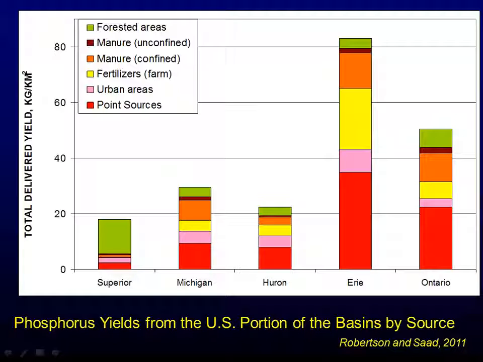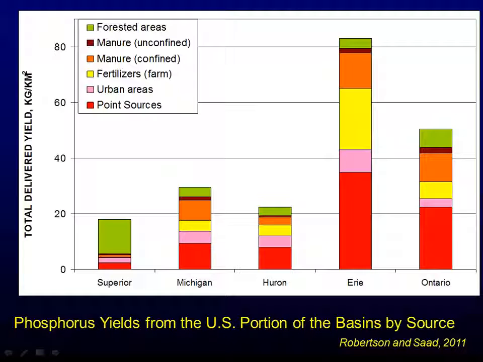We can come up with the yield here. If you look at that, the load per unit area is the highest into Lake Erie. Not surprising, just looking at those colors, we could see that before. We can also break that down into individual sources where it's coming from. And it has basically the highest intensity of point sources in the basin. It's got Detroit, Toledo, and a few of those.